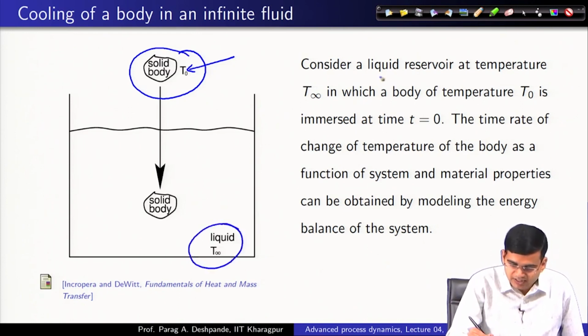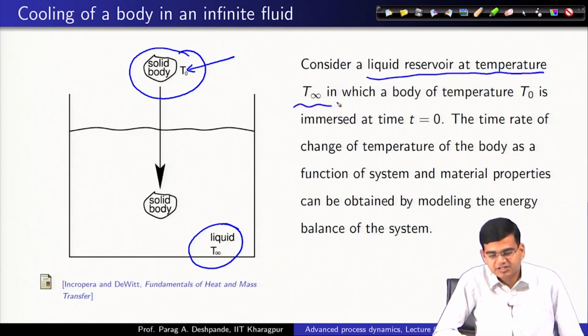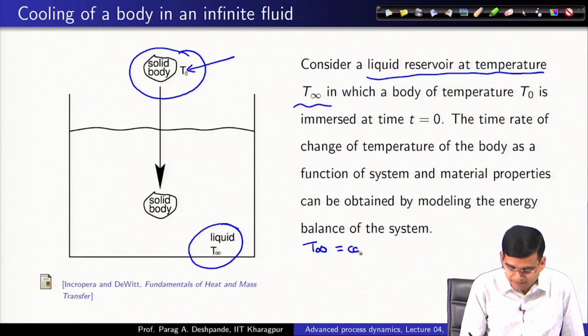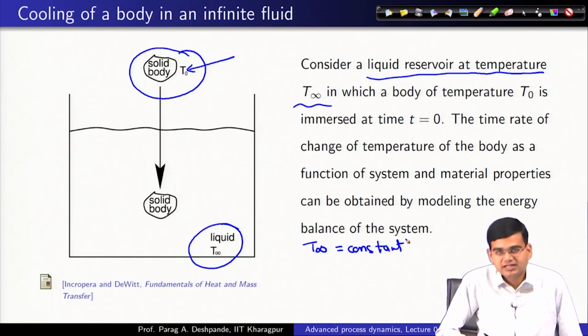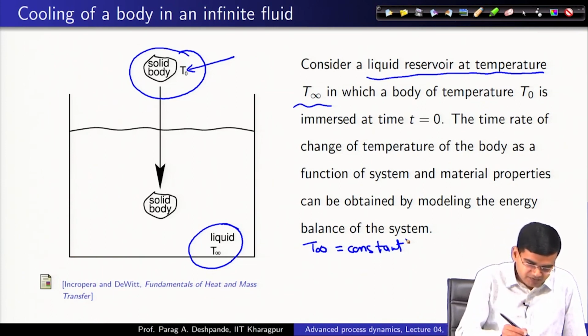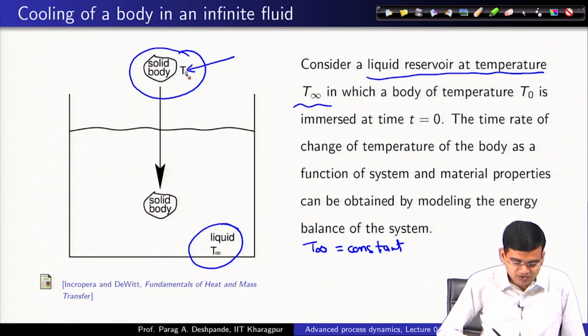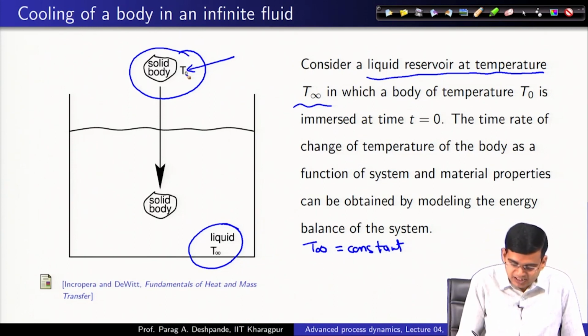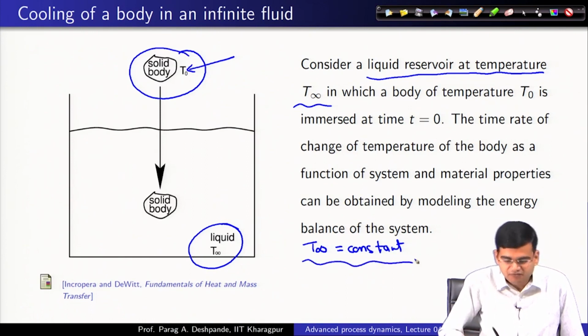So, liquid reservoir which is at a temperature T infinity. Reservoir by definition means that the temperature of the reservoir is not going to change, which means T infinity is going to be a constant. In our entire analysis, T infinity is going to be considered a constant. So, now when you drop a body which is at temperature of T 0 into a liquid which is at a temperature of T infinity such that T infinity is never going to change, then what is going to happen